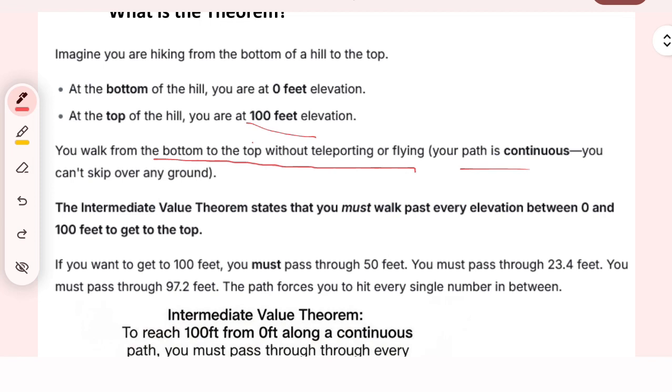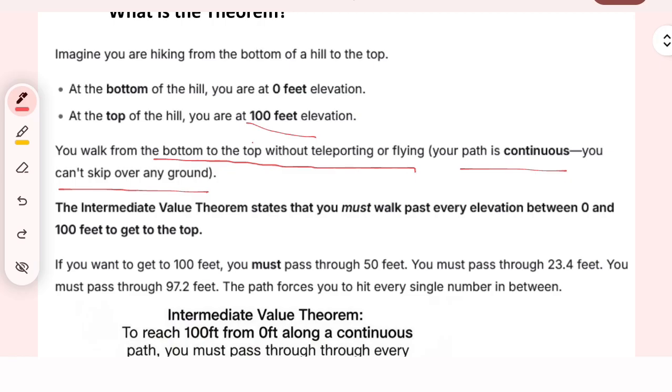So the path is continuous. That means you cannot skip over any ground. It's smooth. There's no way that you could skip over any ground, or fly, of course. All you need to do is walk, starting from the bottom, and you reach the top,